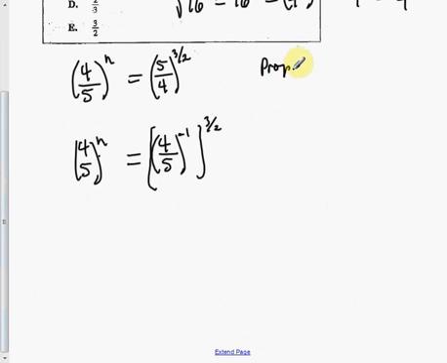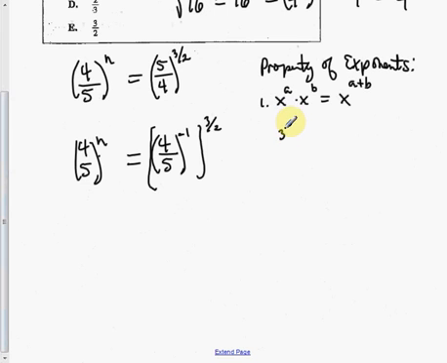We actually call this the property of exponents. Right? The first one says that x to the a times x to the b is equal to what? X to the a plus b, right? If I had 3 to the second times 3 to the fourth, you write that as 3 to the 6th power. The second one says that if I have